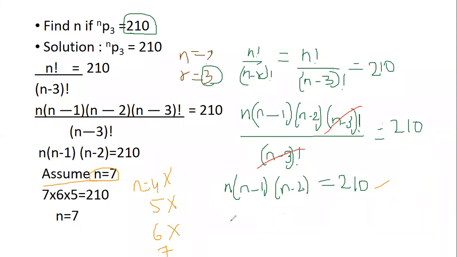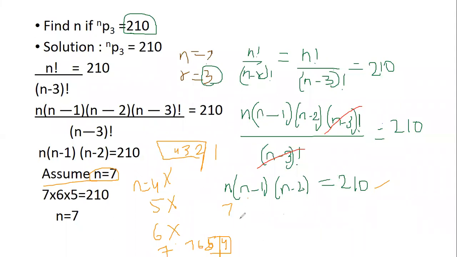Okay, so what is the trial and error we did? We just took simple numbers and we found only 3 values. Don't consider all the values. Don't go with 4, 3, 2 and 1. 4, 3, 2 is enough. Similarly, here 7, 6, 5 is enough. Don't go with 4. You will get a different answer. So, if n is equal to 7, then I will get the total value of permutation as 210.